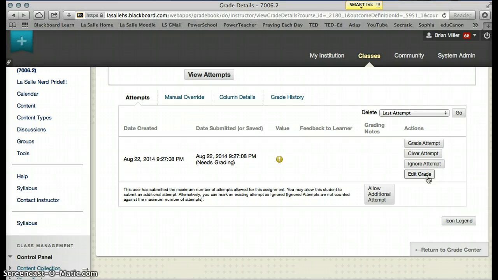Edit the grade would be to change the grade after you have already submitted it, and then allow an additional attempt. Again, if you had given them 3 opportunities and you're deciding to give them a 4th, you could allow them an additional attempt. So for the case I had where the student had inadvertently submitted her assignment, I simply cleared